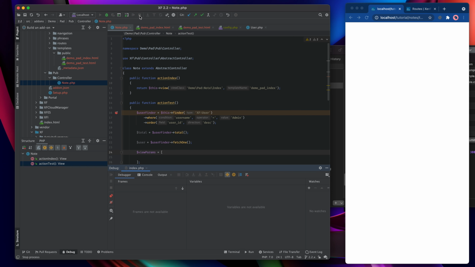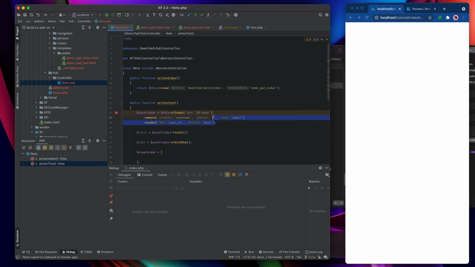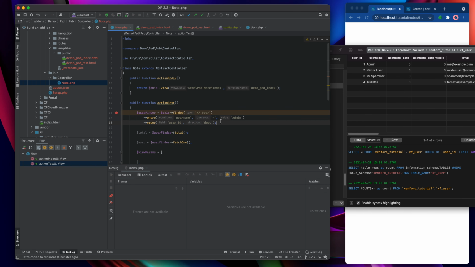Having said all that, this is a slightly long-winded way of doing that. There are various shortcuts for doing things like fetching an item with its primary ID. Like, for example, if I wanted to fetch user ID 4, then I can do that very straightforwardly by just saying where ID 4. The entity system is clever enough to know what the primary key is, so this is all you need to fetch the user with the primary key of 4. And again, this would return that user without any additional fuss.